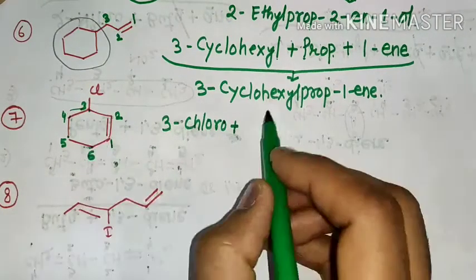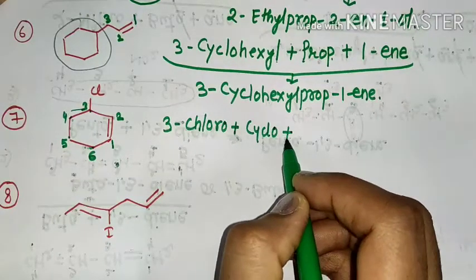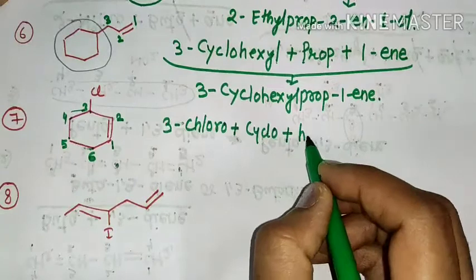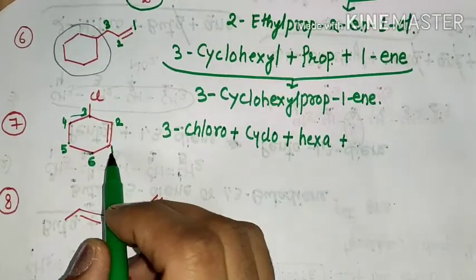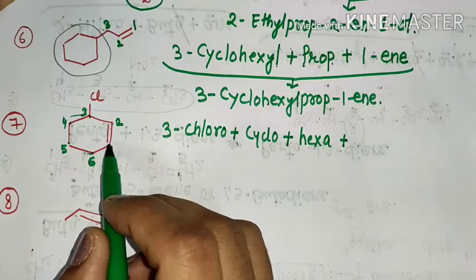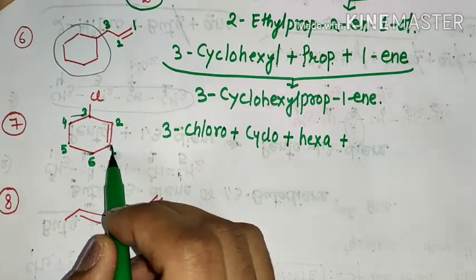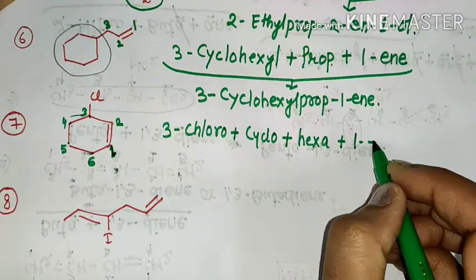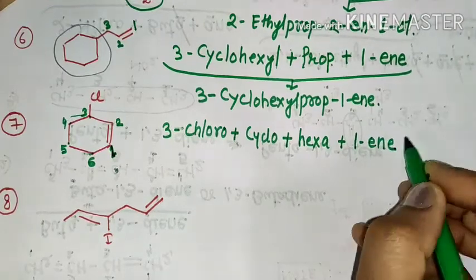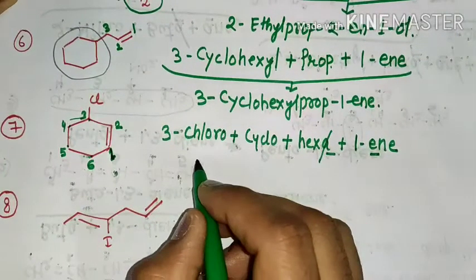So in this example, the primary prefix is cyclo plus word root 6 carbon atoms. We will write hex plus primary suffix. Primary suffix indicates the unsaturation in an organic compound. So position number 1, here double bond is present. So we will write 1-ene. A E, drop the first one. So the final answer is